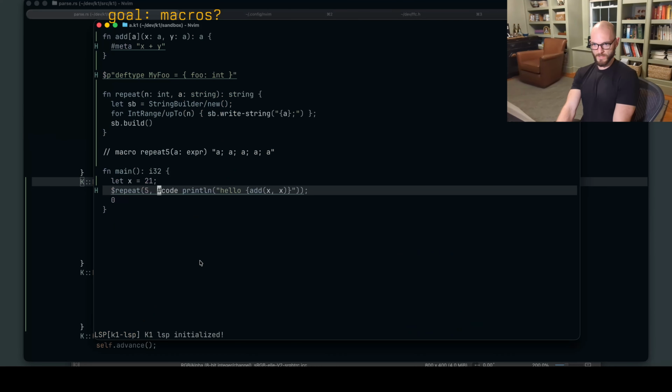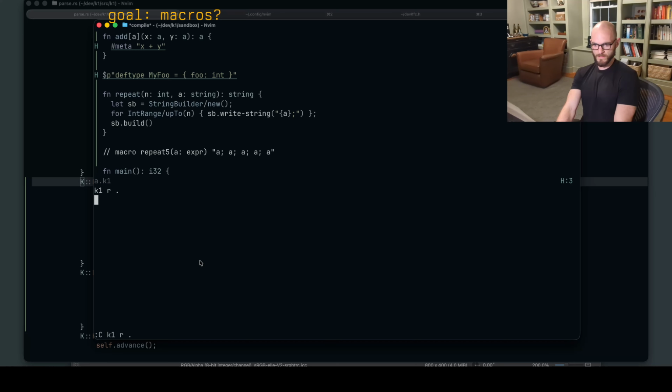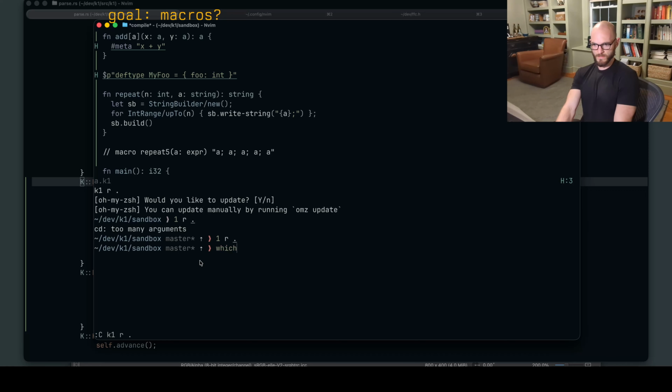I'm not using it in that many places. So let's do backslash again. Does this work? I haven't installed in a while. K1.